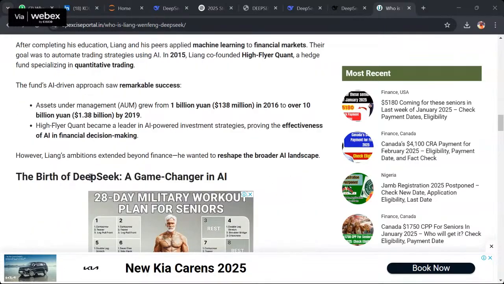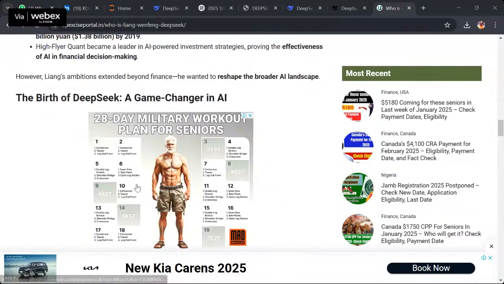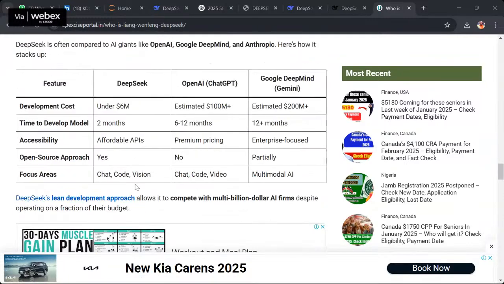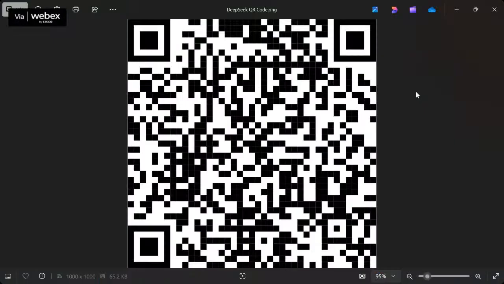All right, so here I'll try to give you another summary. If you remember, I tried a comparison. DeepSeek model development cost 6 million. Okay, let me share this QR code. Can you please scan this QR code, everyone?